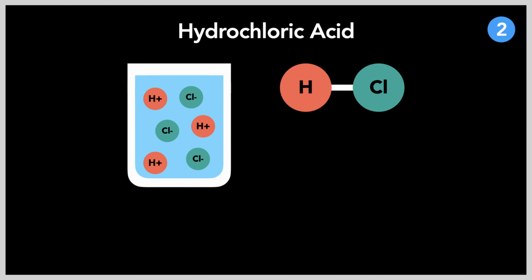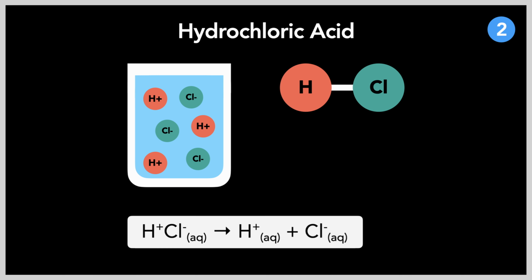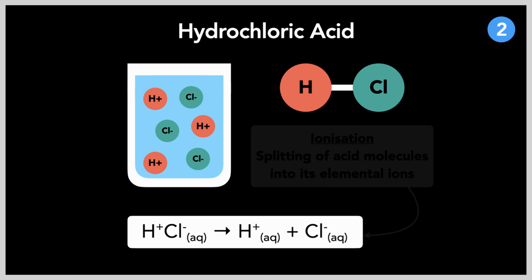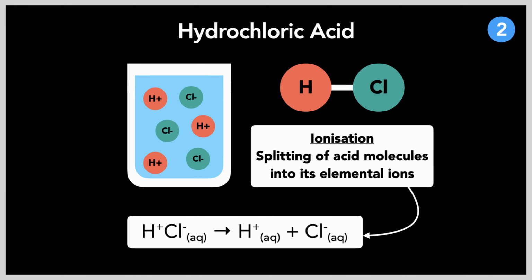Let's take hydrochloric acid for example. When hydrochloric acid is dissolved in water, it splits into its base ions, hydrogen and chloride. This process is known as ionization, which basically means acid molecule splits up into its component elemental ions when in an aqueous solution. H+ ions will always be present when an acid ionizes. All components in this ionization equation are complemented with an (aq) symbol. This indicates that ionization occurred in an aqueous solution, meaning the acid is dissolved in water.